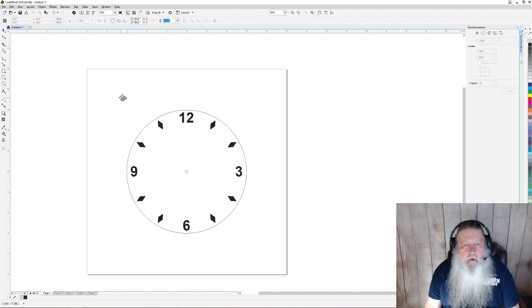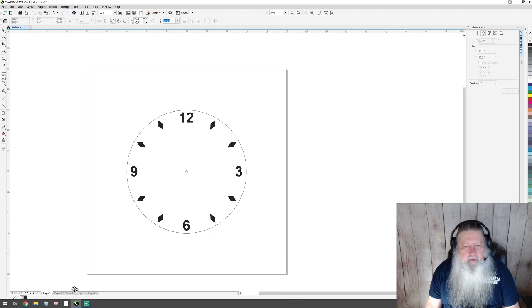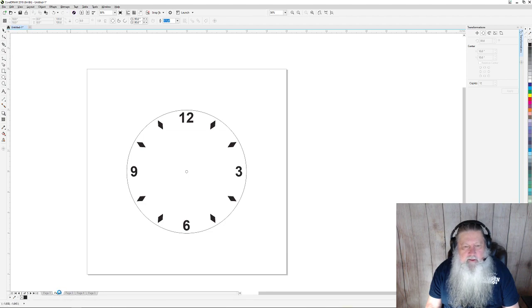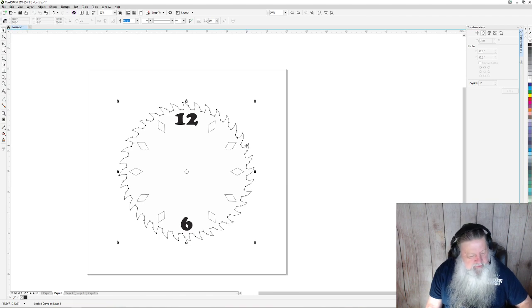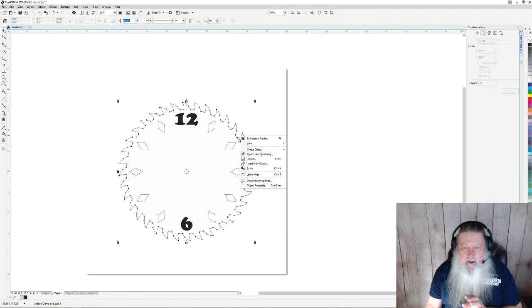All right, so now here's a cool thing: I have actually made the saw blade already. What I can do is, see how as soon as I click on it, there are these little locks. It's not going to let me copy this or do anything to it unless I unlock it. So I just go over here, right click on it,